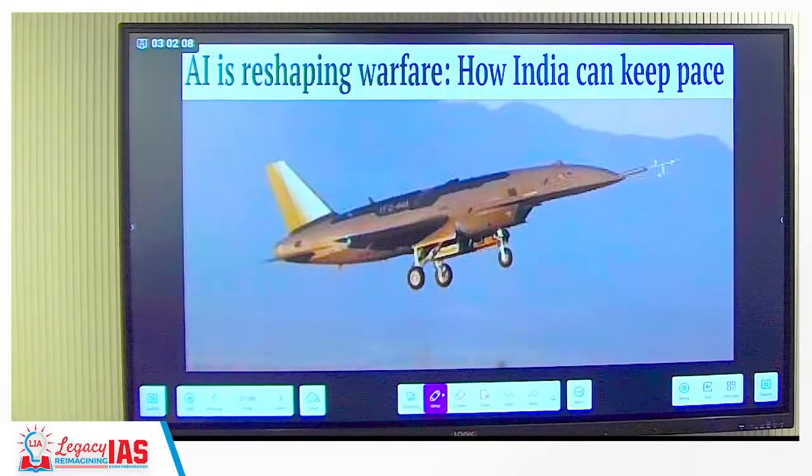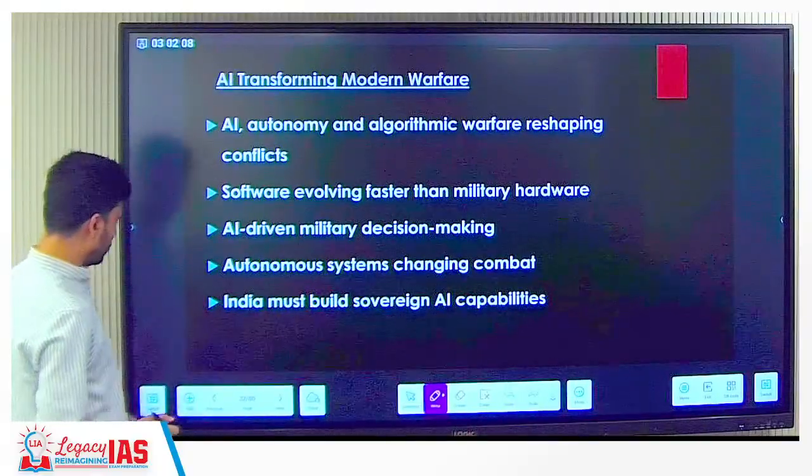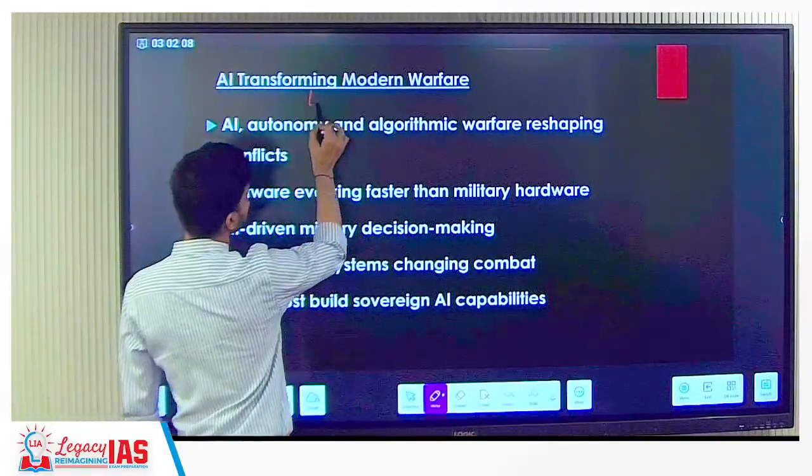Next is AI is reshaping warfare. How can India keep pace? Simple, because you know that today it is also being referred to by many scholars as